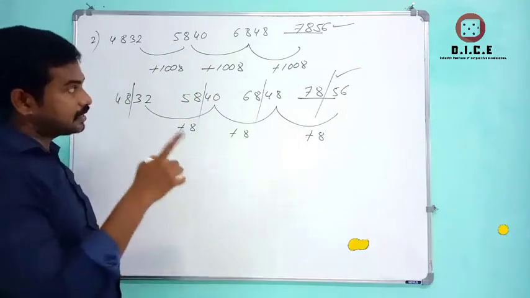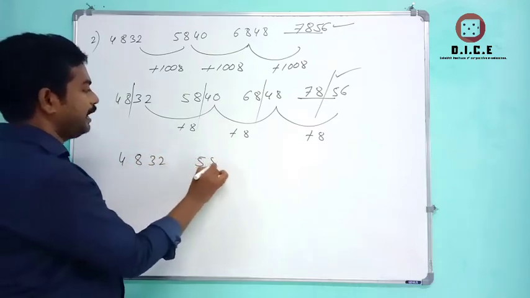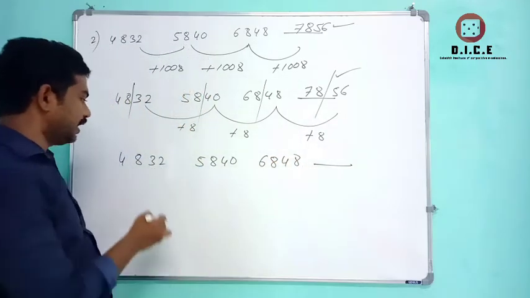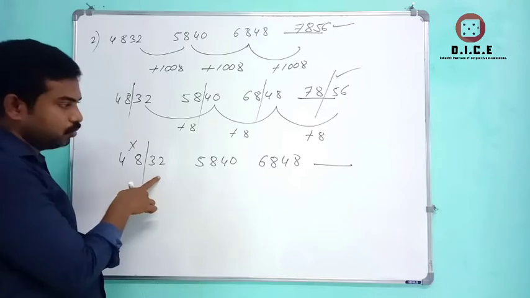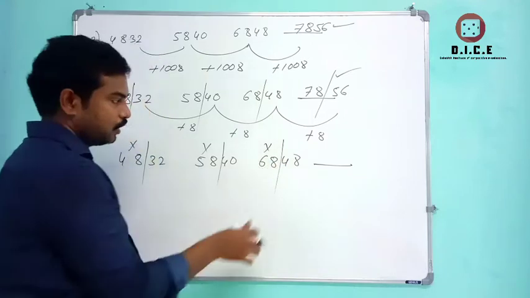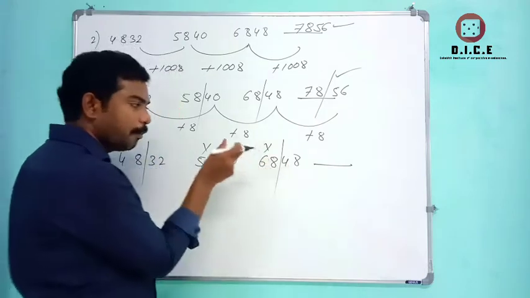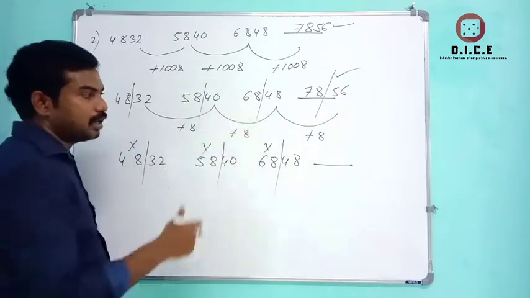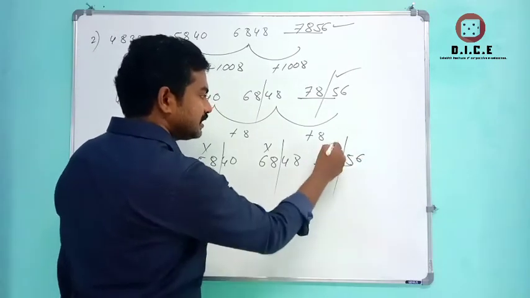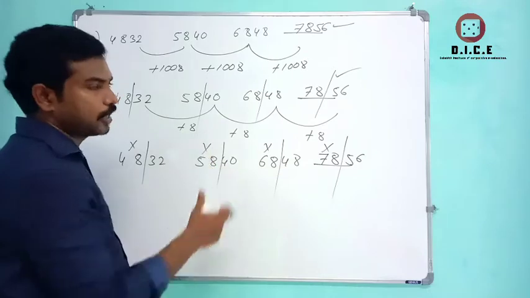Students, this question can be done in another pattern also. 4832, 5840, 6848. Next we have to find. We see here 4 8s are 32, 5 8s are 40, 6 8s are 48. So obviously you will get it from the options. In the option, you will see the pattern of multiplying, the first numbers give the remaining numbers as your answer. That can be seen in the option as 7856, because 7 8s are 56. This question can be done in 3 ways, that is difference, multiplication and logical also.